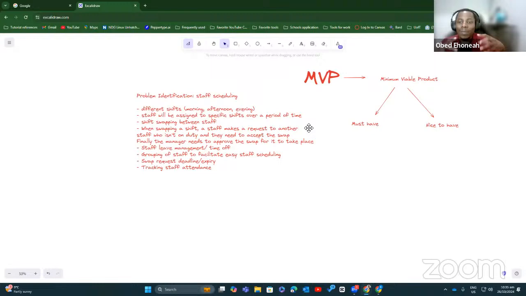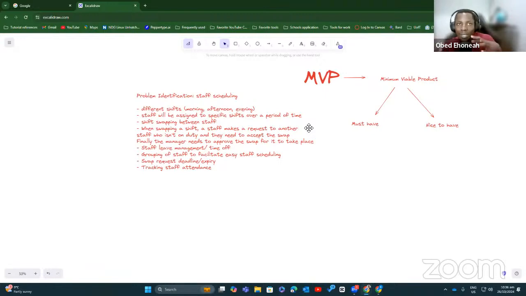The other challenge is that sometimes when you just think about the must have and don't think about all the other things, you build an application that becomes so fixed that it is difficult to scale and extend it to add other features. So there is a bit of a balance you need to achieve, because if you narrow down too much, when you want to extend the features, especially the database structure and the code, you may have to come back and redesign the whole system. That would also be a lot of work.